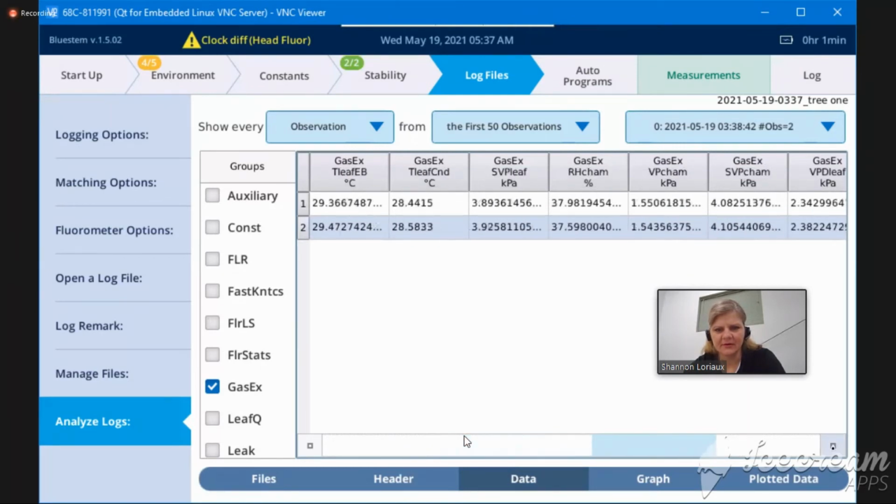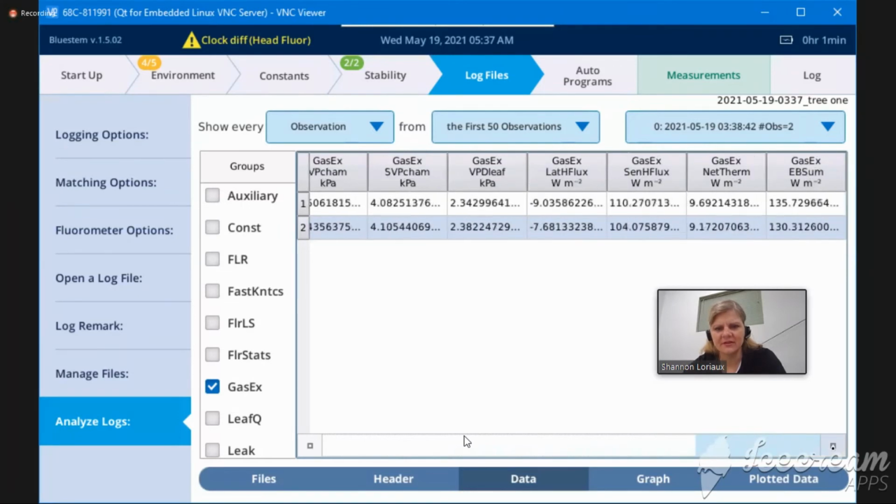Keep going. Okay, so you see vapor pressure deficit. And so you can kind of get a sense of what parameters are included in the gas exchange group. This is probably one of the most important groups for you to take a look at when you're trying to assess your data. Okay, if you scroll back to the left a little bit,